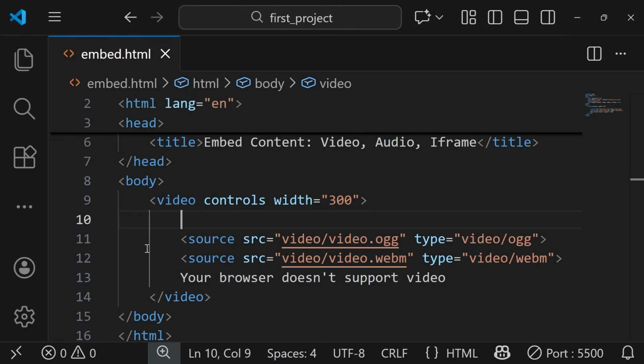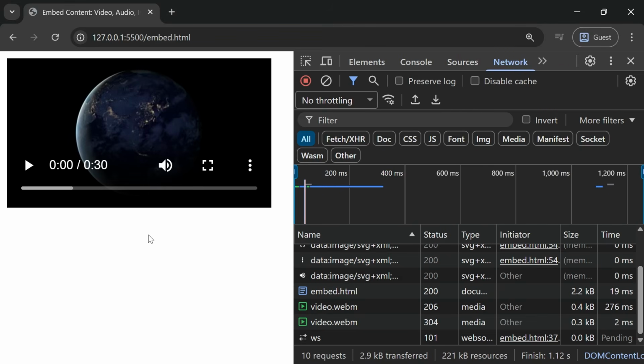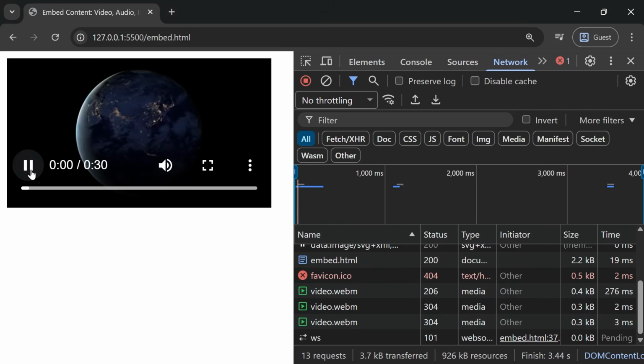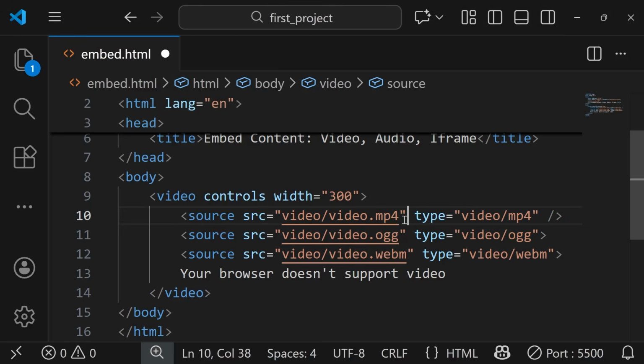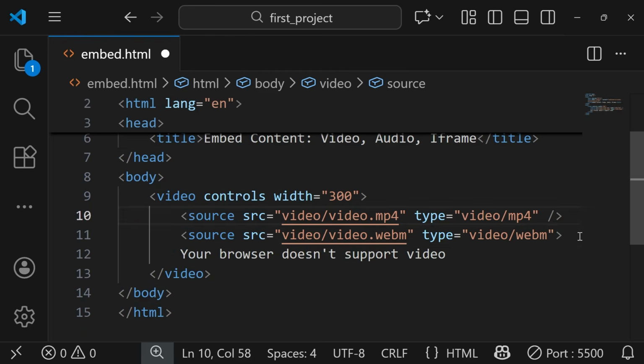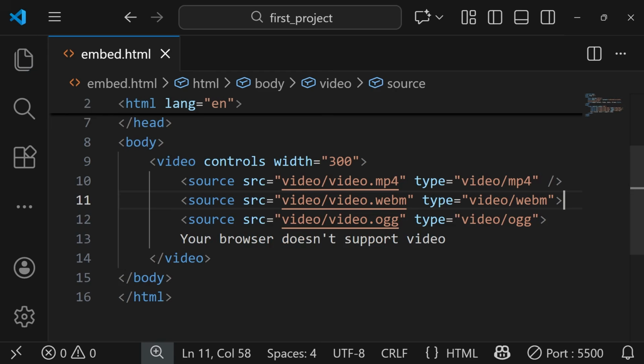Let's go into the embed.html file. If I remove this OGG and save, now we're going to see the WEBM file playing. Okay, perfect. Now, just to fix the ordering, first we need MP4, then WEBM, and finally OGG. That's pretty cool. Now let's talk about audio files, or actually before audio, let's see several examples on this